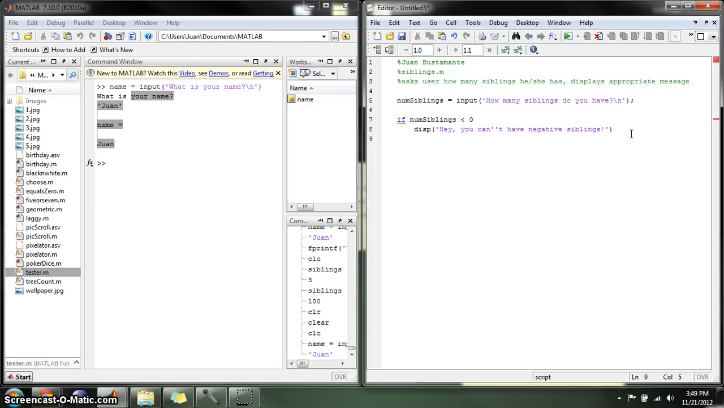All right. Now, I need to check if something else is true, so I can do else if. Now, because this is no longer indented, that means that I can execute this code if this is not true. Now, I want to check another thing. If num siblings is equal to 0, then he's an only child. So else if num siblings